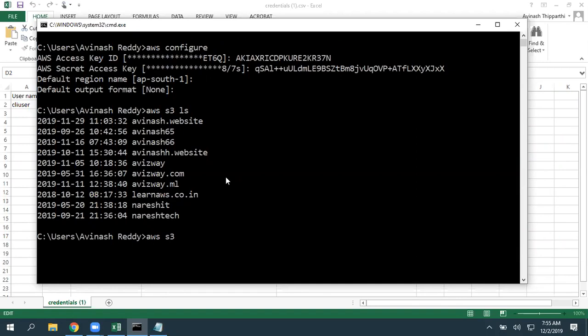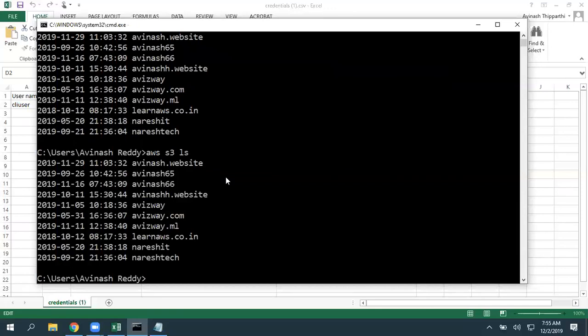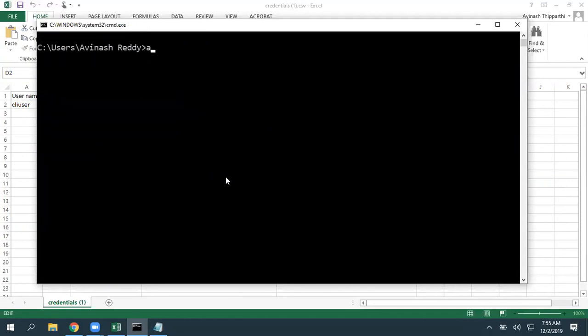S3 is easy to understand and easy to demonstrate, so we'll see S3 commands. When you click enter on aws s3, it lists Linux style commands like cp, mv, rm.